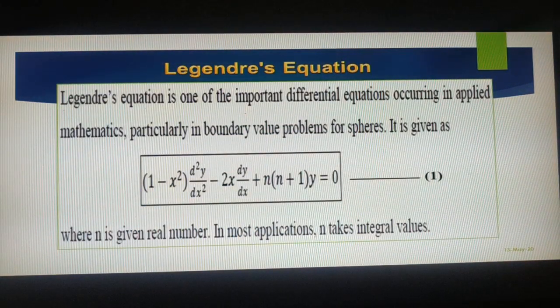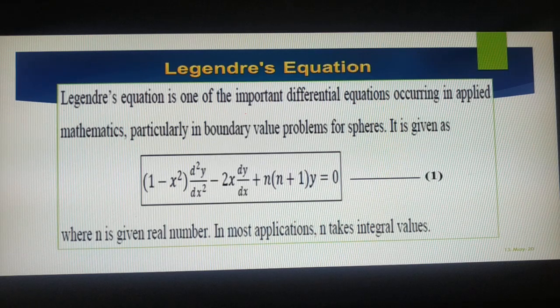Earlier I mentioned Legendre's equation as well as Bessel's equation. These are two important differential equations with variable coefficients. But as you know, we have certain methods. We can reduce the variable coefficients into constant coefficients and solve the differential equations. Particularly these two differential equations we can't solve with those methods. That is the reason we approached the series solution. Anyway, you have to memorize these two differential equations.